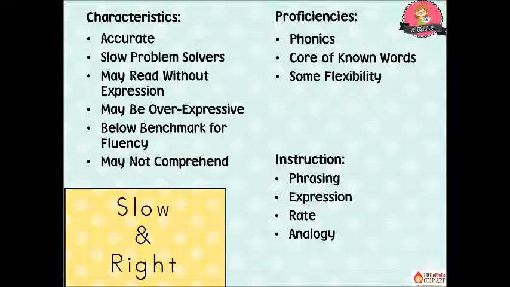What this helps kids do is learn how to chunk words, which takes us back to our first point about these kids. They're great at phonics, but they need to know when to apply it and how to condense the process rather than letter by letter and sound by sound. Teaching a slow and right child to use analogy while they're reading and writing will make a big difference in their fluency as well, and will also help them gain confidence in attacking new words.